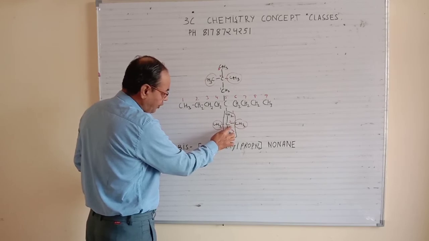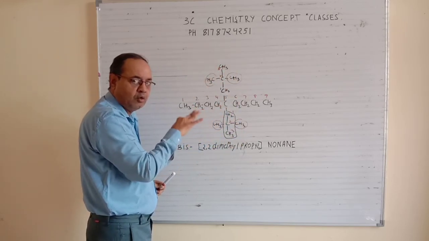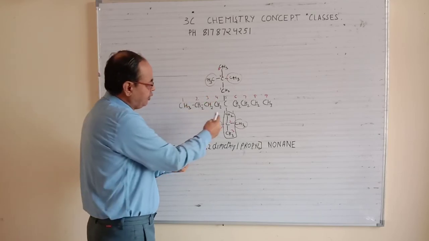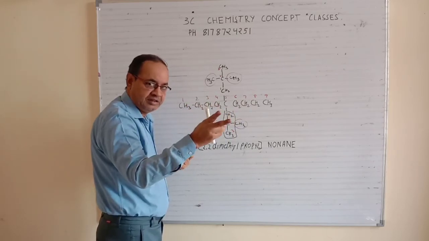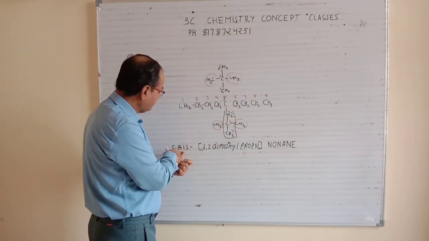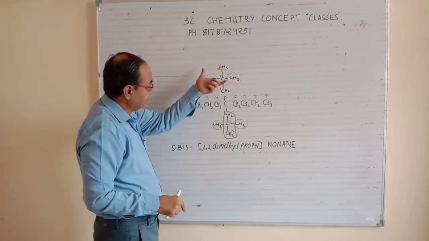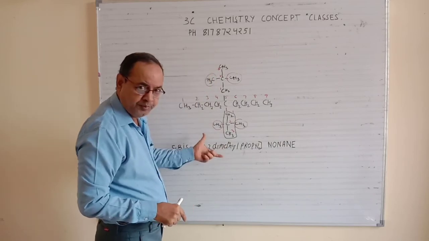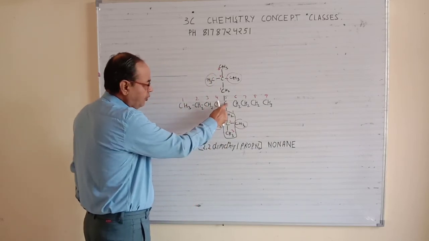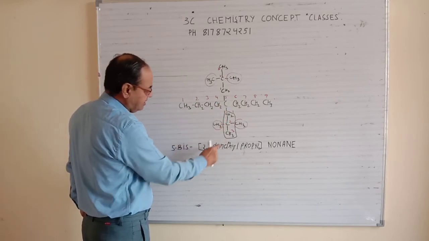Again, when two same groups are there on both the sides or two positions, it is a bis. If suppose 3 are there, tris. So generally you will be exposed only to bis. So this is your bis. Again, same group with branch on both sides, it will take bis. First 5 position, then bis, the rest is 2,2 dimethyl propyl.